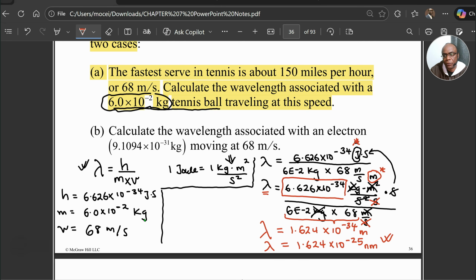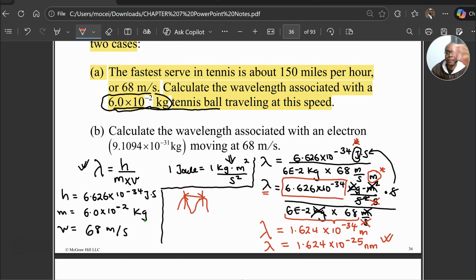That is quite a small wavelength, very tiny wavelength. That tells you that the tennis ball cannot have a wave property, because the wavelength is always the distance between crest to crest. Now, if that distance does not exist, the tennis ball cannot have a wave property, which means